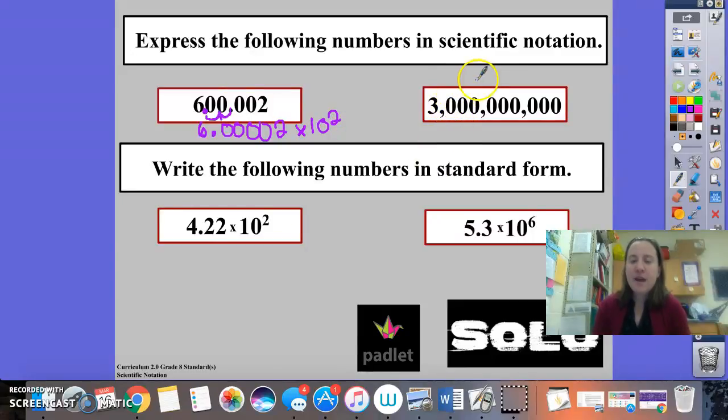Next example, I have this number 3 billion. And right now, again, the decimal point is at the end when we can't see it. And in order to write this correctly in scientific notation, I need for it to be right there because that is a number that is bigger than or equal to 1 but less than 10. And so these are all zeros. I absolutely do not need to include them. I don't need to write 3.000000000. That's not necessary. I can just write 3 times 10 to the, I had to move from here, 1, 2, 3, 4,